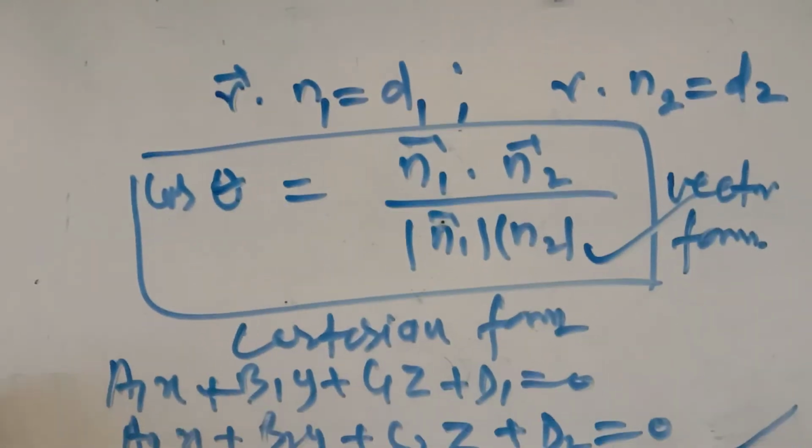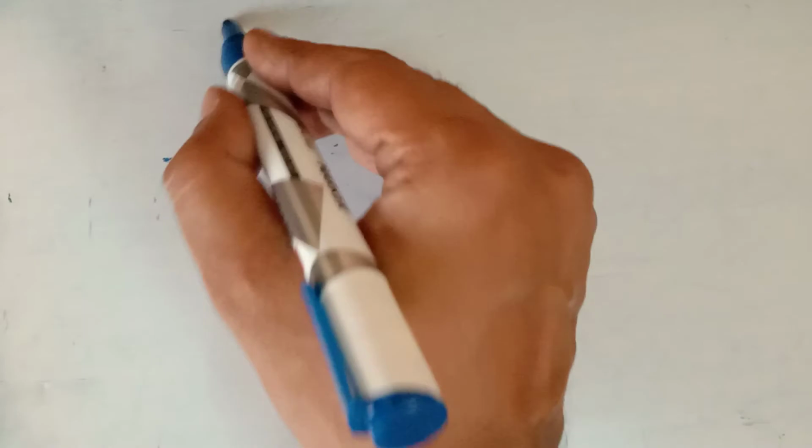Okay, so we have done the formula to find the angle between the two planes, which is actually the angle between the two normals of the given planes. After that you have to find the distance